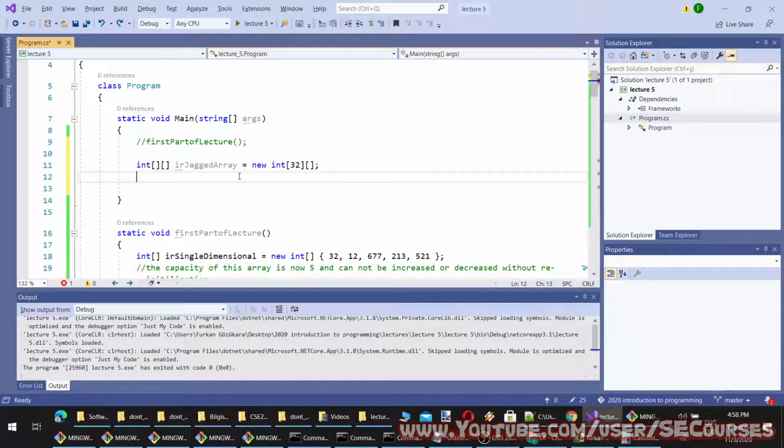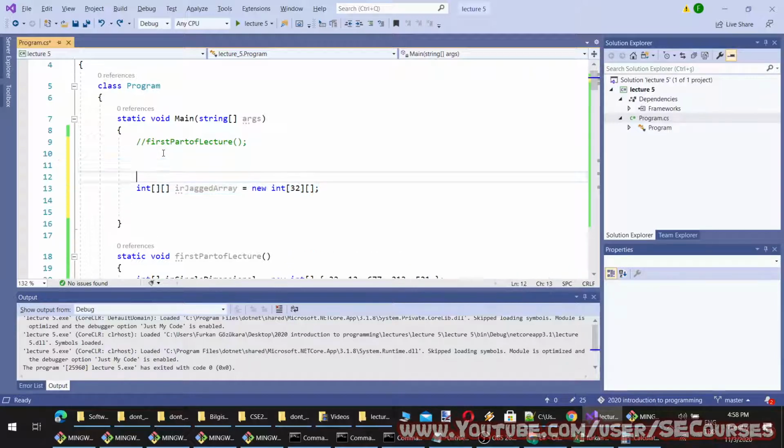So what is the difference of jagged array? With jagged arrays, it is actually an array of arrays. Okay, so let's make two comparison. So this is a two-dimensional array, and this is a jagged array.